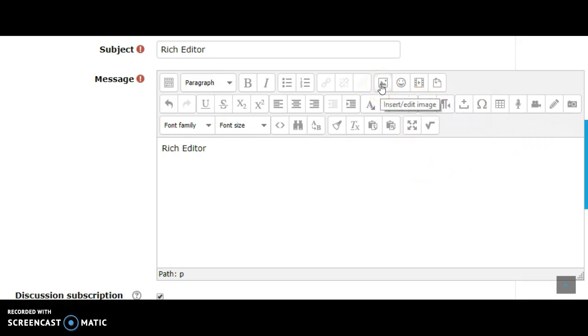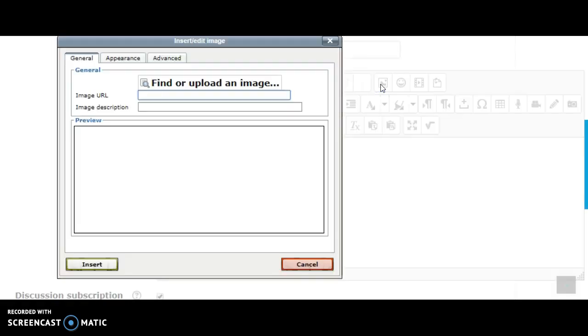Let's click on insert images. When we click on insert images, here we can write the URL to get the images from the net, and a description, and here we can write the preview. And if I click the upload images,